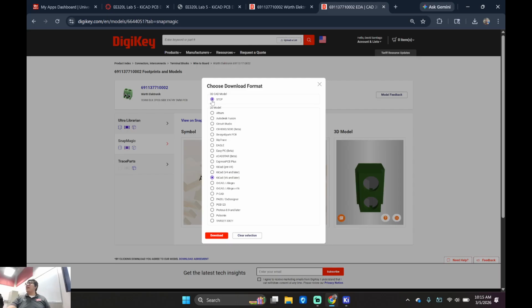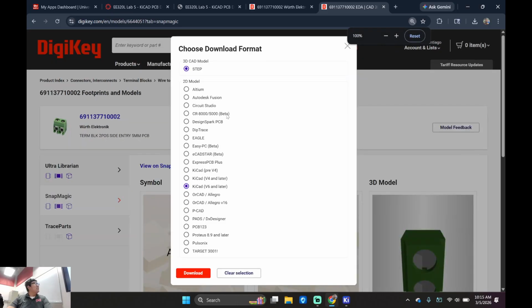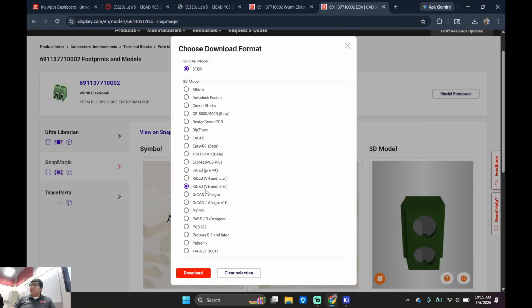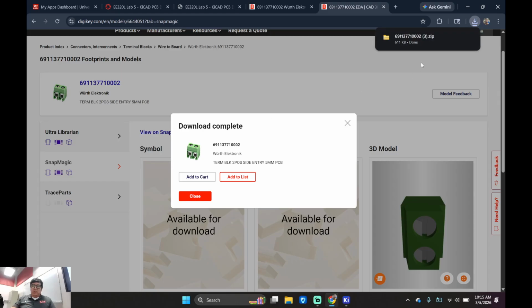Can we see that from the back? That's a little too big. The 3D STEP file, and we have KiCAD V6 and later. Download. I've downloaded this a few times. Boom, that worked. I don't know why it always double checks like that.